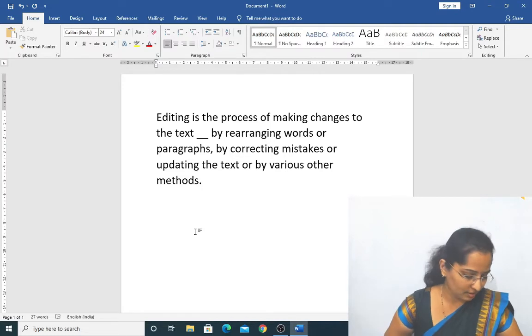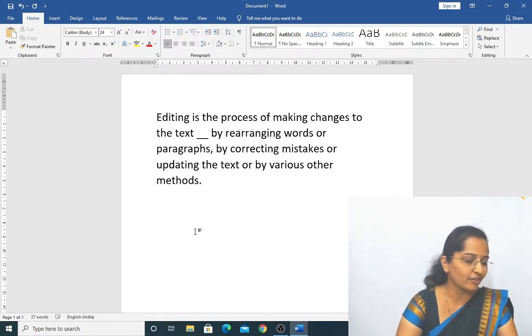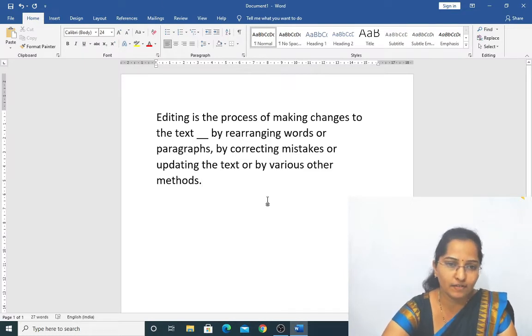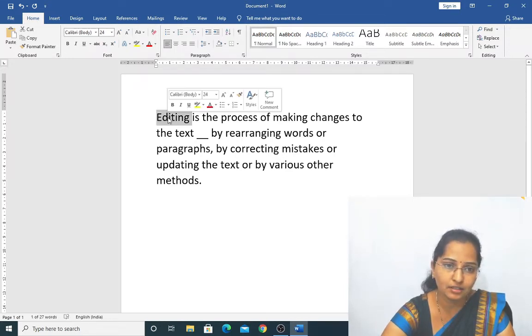In table 6.1 they have given, if I want to select one word, only the editing word. How to select only the editing word? Using mouse, double click like this, left double click, selected.